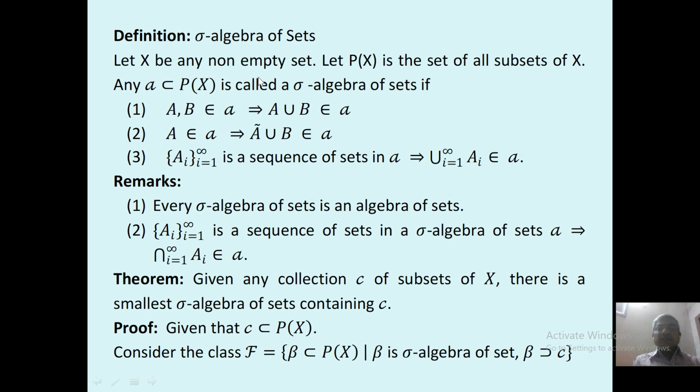So let X be any non-empty set. P of X is the set of all subsets of X. Then any script A, which is a subset of the power set of X, is called a sigma algebra of sets if these three conditions are satisfied. The first two are the same as algebra of sets, and the third one is: if A_i is a sequence of sets in